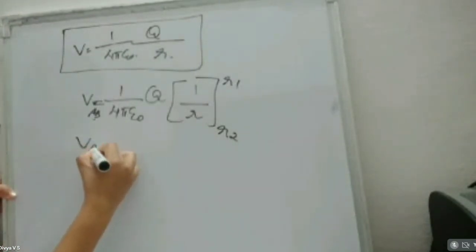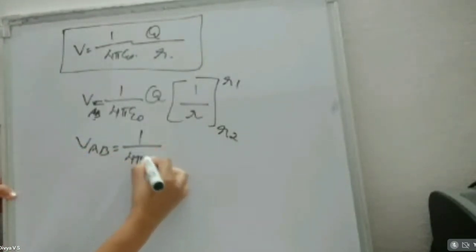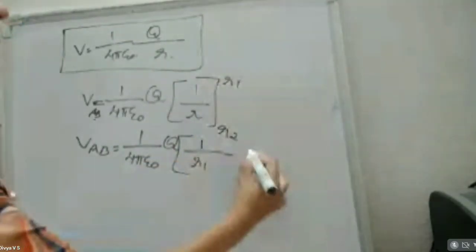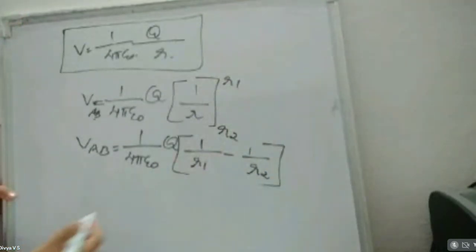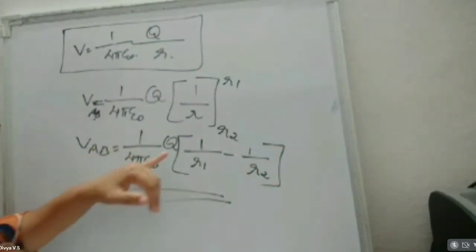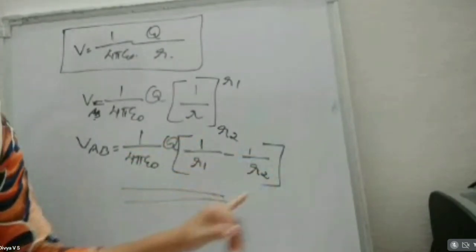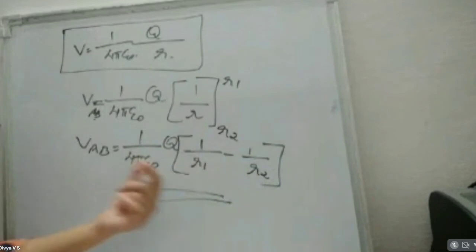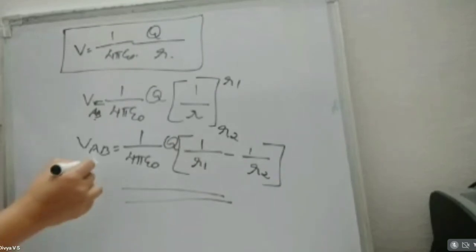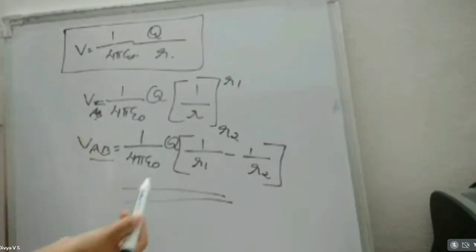Okay. And if we simplify it, VAB is equal to 1 by 4 pi epsilon 0 Q into upper limit, that is 1 by R1, minus lower limit, that is 1 by R2. So this is the expression for potential difference between any 2 points: 1 by 4 pi epsilon 0 Q into 1 by R1 minus 1 by R2, where R1 and R2 are the distances to the points A and B, and VAB is the potential difference between A and B. From this expression we can understand that the potential difference between the points depends only on